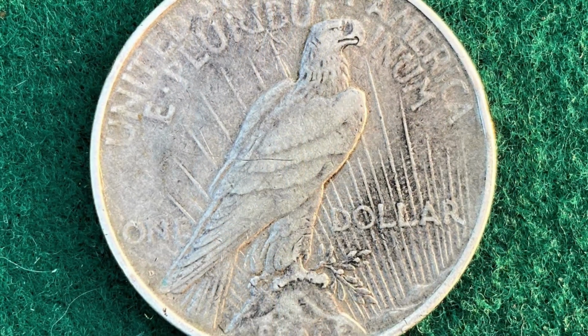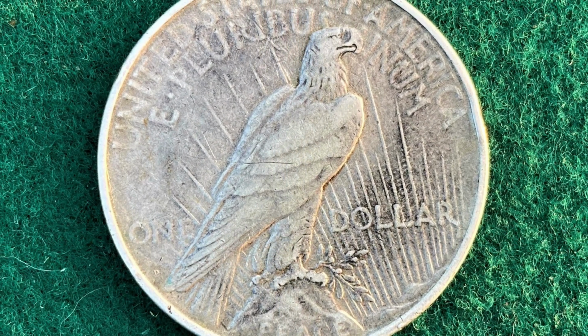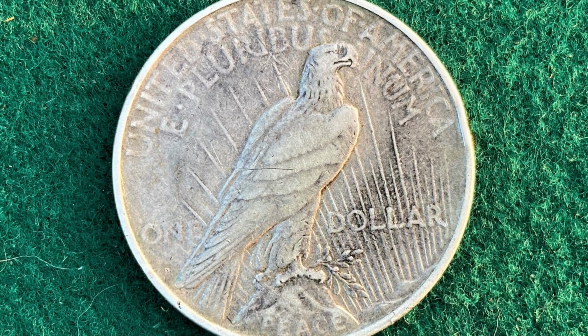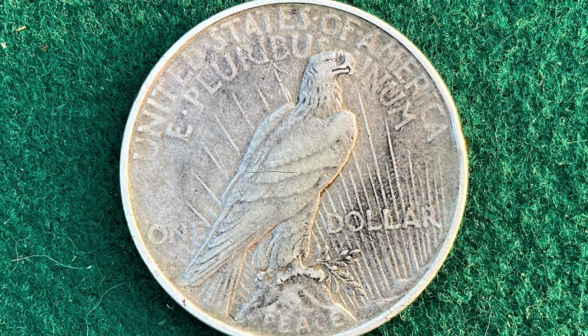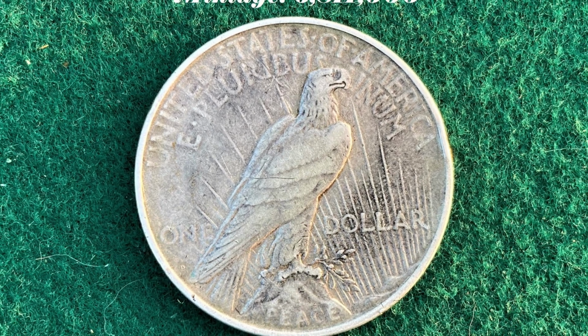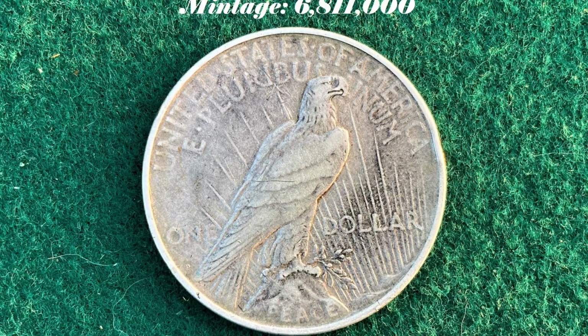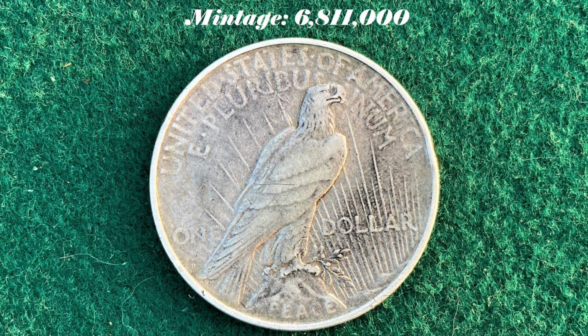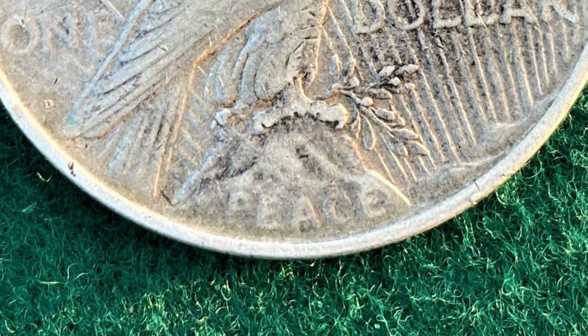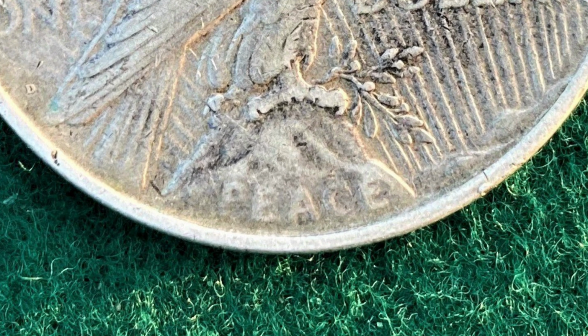The reverse of the coin features an eagle perched on a rock and facing right. An olive branch is clasped in the eagle's talons, and rays of sunlight emanate from the lower right. The inscriptions "United States of America" and "E Pluribus Unum" appear above the eagle in concentric arcs. The word "peace" appears at the base of the coin, marking the only time the motto has appeared on circulating